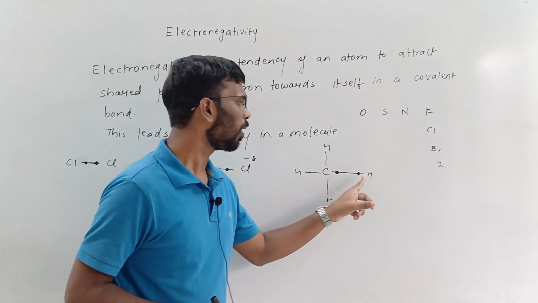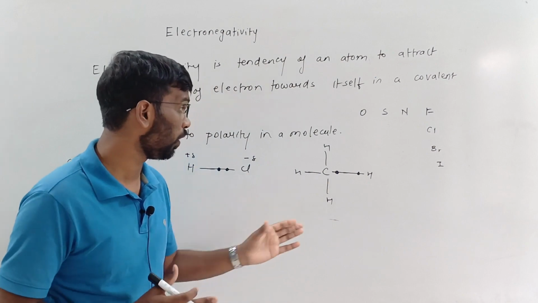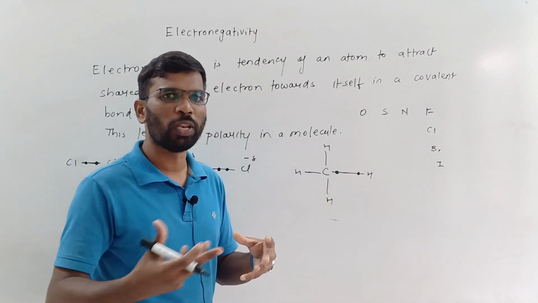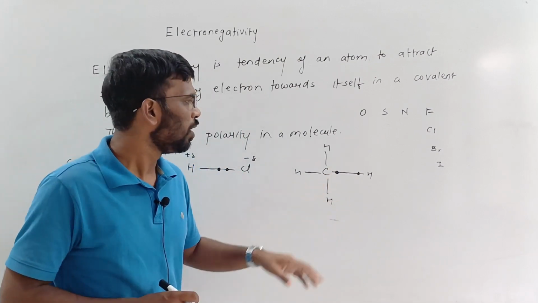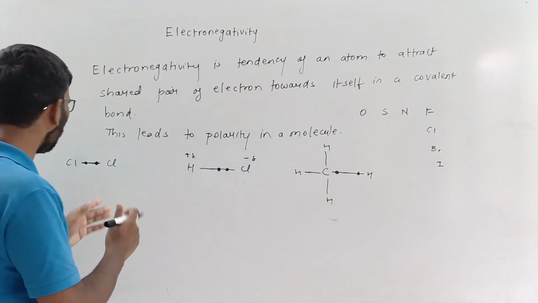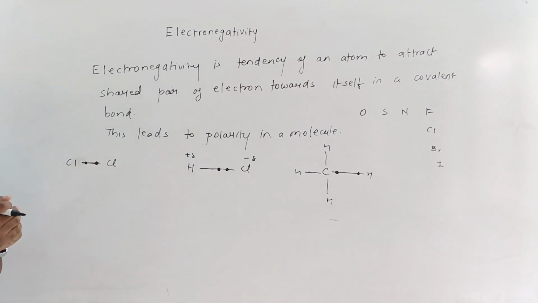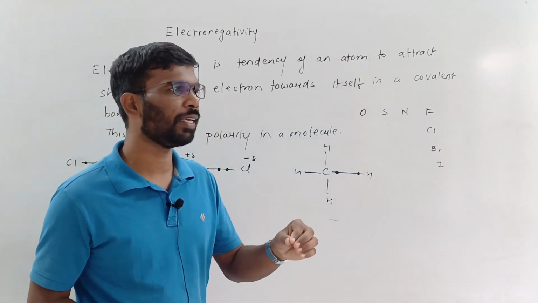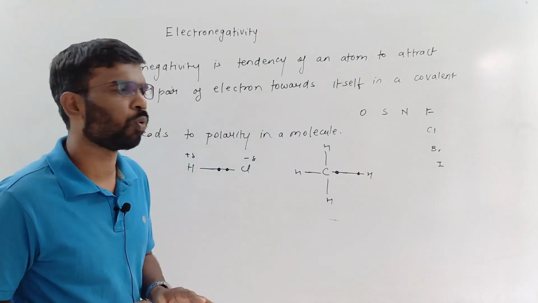But over here there is no electronegative element, or there is hardly any difference between carbon and hydrogen with respect to electronegativity. So there is no pulling, and the electron cloud will be uniformly distributed between carbon and hydrogen. So there is no polarity over here. And if both atoms are equally electronegative, both are equally strong in pulling the electrons, so here also there is no polarity. Polarity will be present only when there is a large difference in electronegativity. So electronegativity is a relative concept, right?